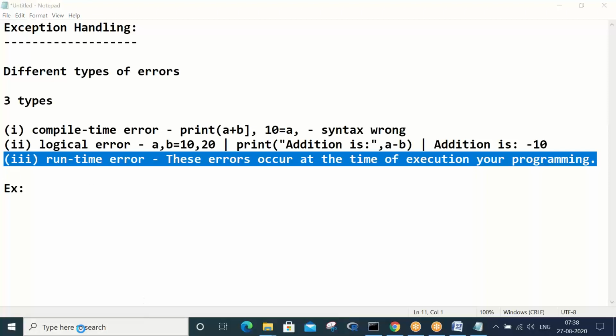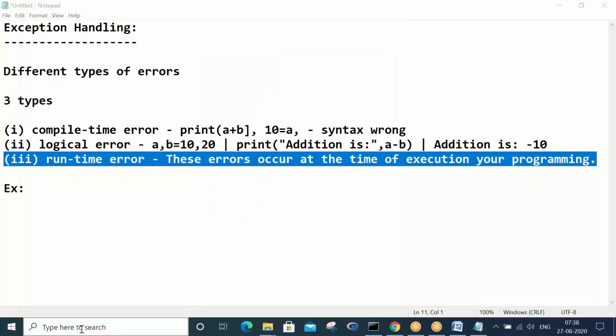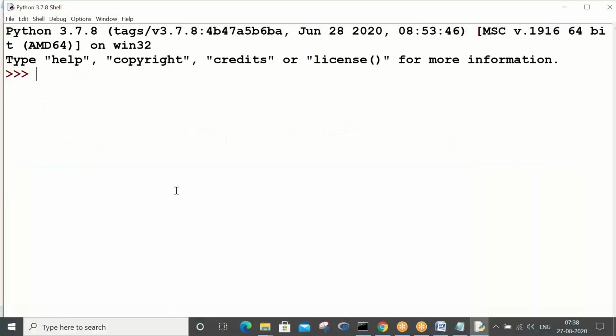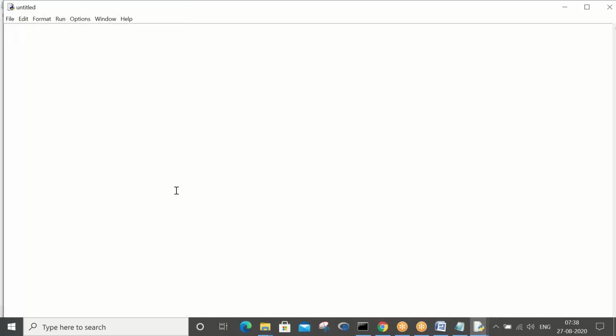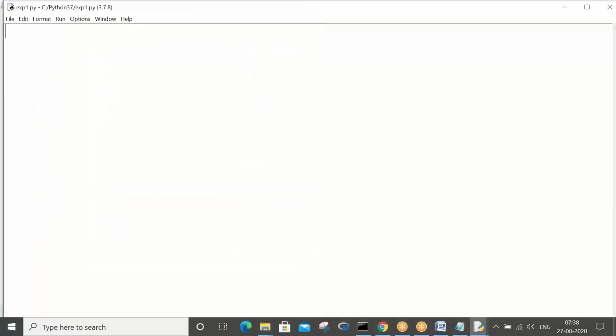Let's go ahead and see how these runtime errors come. Okay, let's see runtime error example 1.